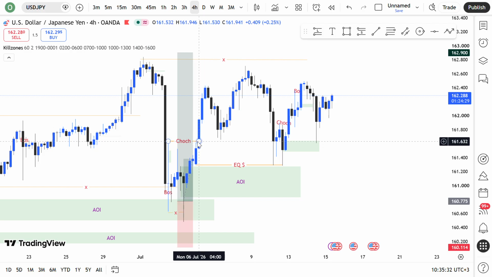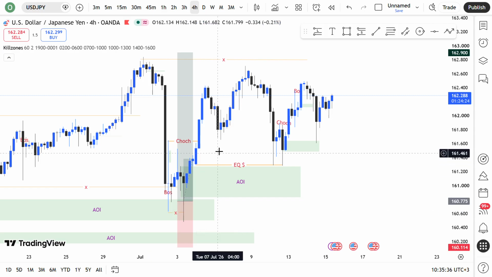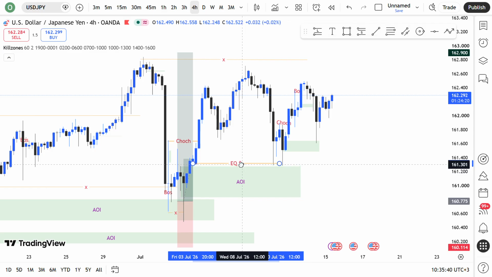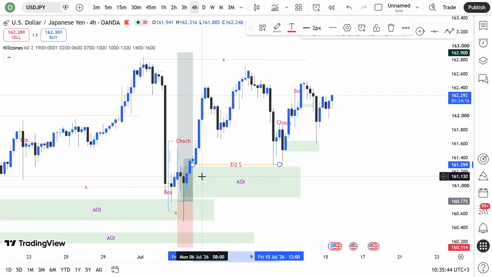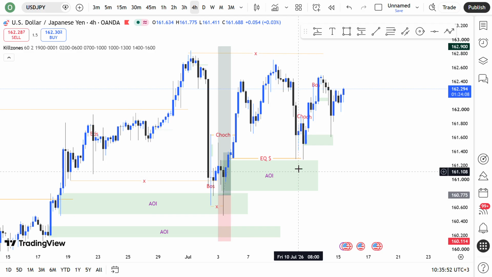The market gave us a change of character inside our area of interest, and if you are very patient, you can see there is another equal low down here before this order block. So we are going to wait for price to come and maybe sweep this liquidity,